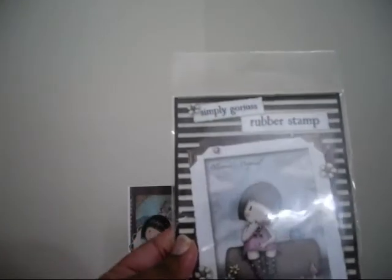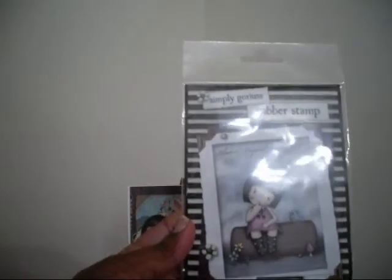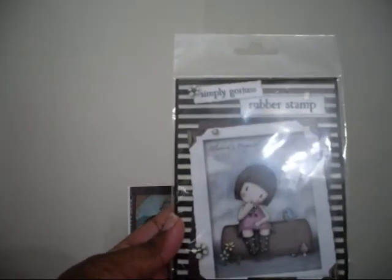Let's see if you can see that. Okay, this stamp is, and she is cute as can be. This one is called Bluebird Proposal, if you can see that, and she is just cute. I love her. But the paper line that I use, and I created a card, and the paper line I used for the card was the Madeline